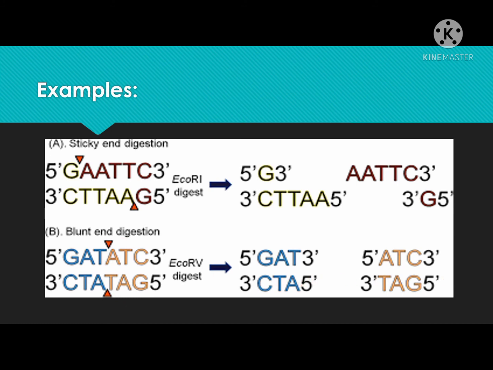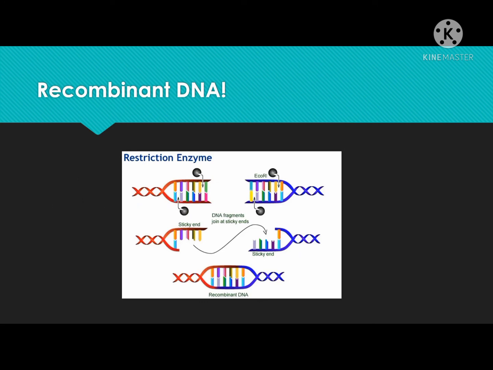Recombinant DNA. Here you can see the action of EcoR1 and the DNA has been cut, forming sticky ends. Here you can put your required recombinant DNA molecule which is of interest. The researchers can use these cuts and insert the required modified genes in this area, producing a recombinant DNA molecule.